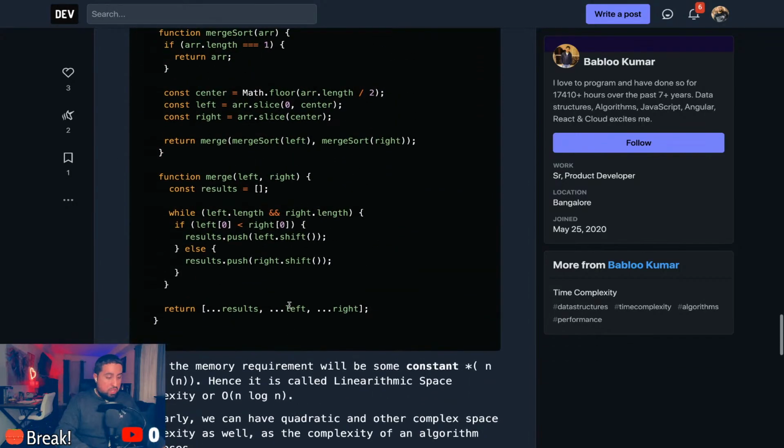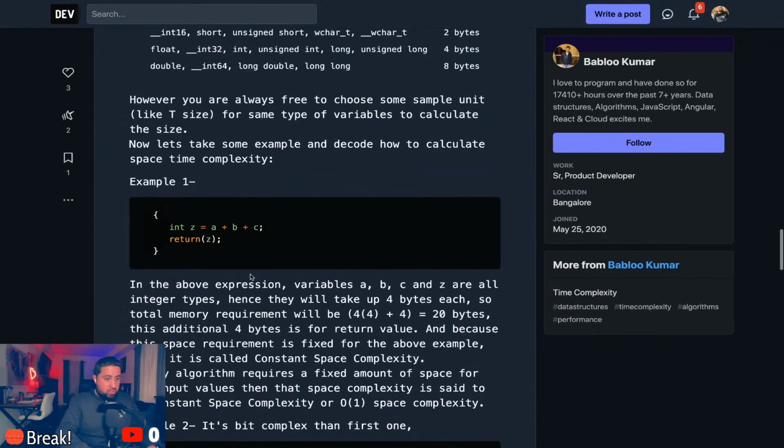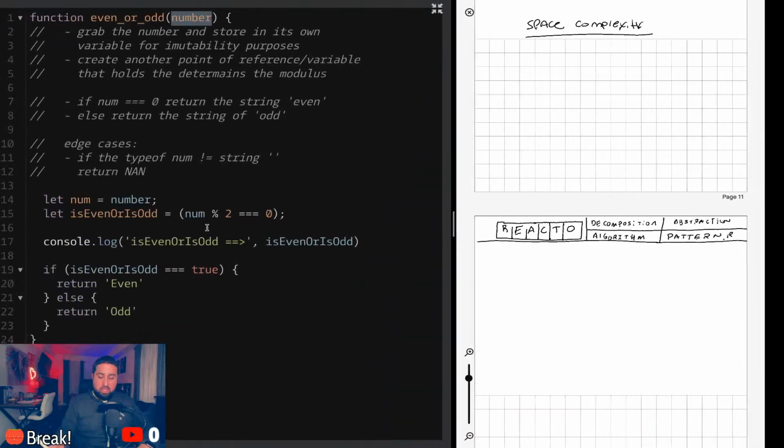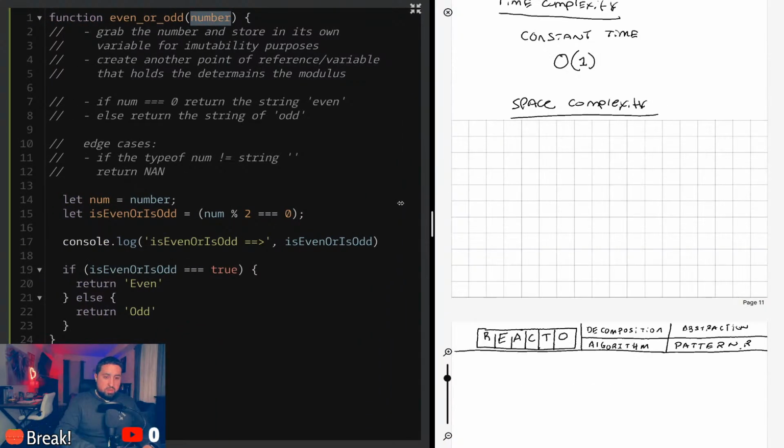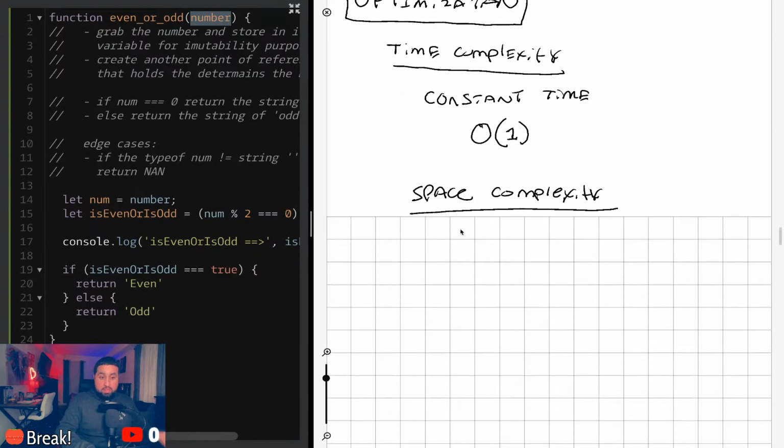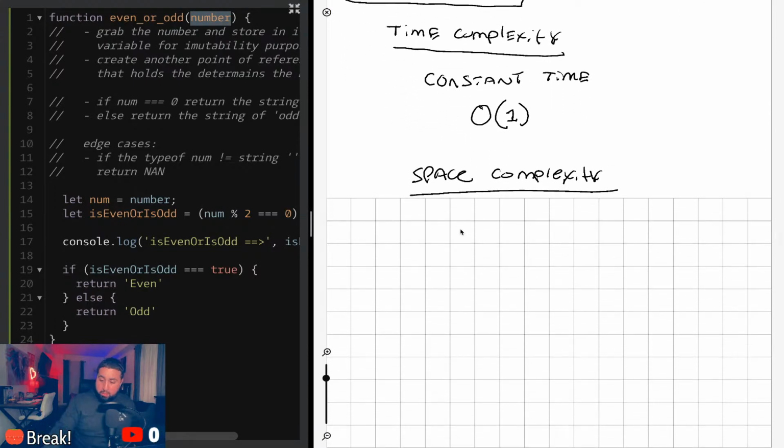Based off this one sliver of information that I saw twice, my understanding is that since it's producing just one result constantly, there's nothing happening as far as exponential growth. It's just one result, so it's going to be a space complexity of constant time. Okay, I'm going to go with that. And again, please correct me if I'm wrong and steer me in the right direction. So we're going to say O of 1 for the space complexity.